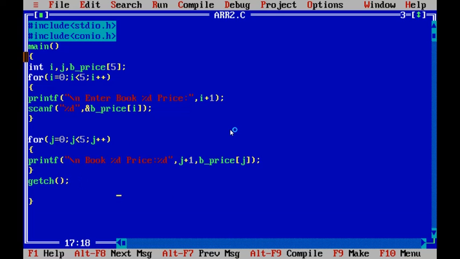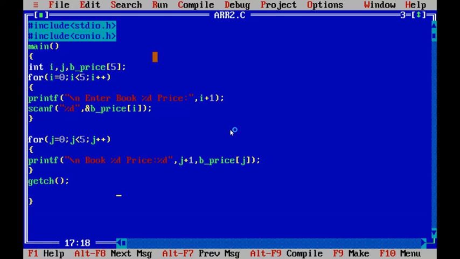In this program, we initialized a one-dimensional array, b_price. The size of the array is 5, and the integer variables i and j are declared.